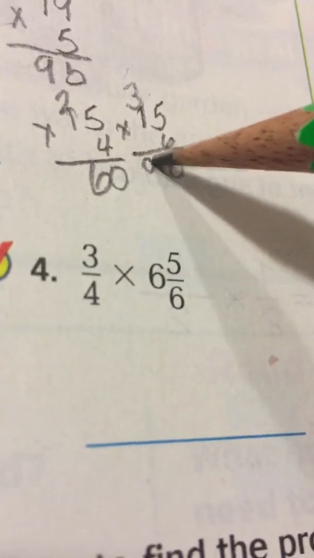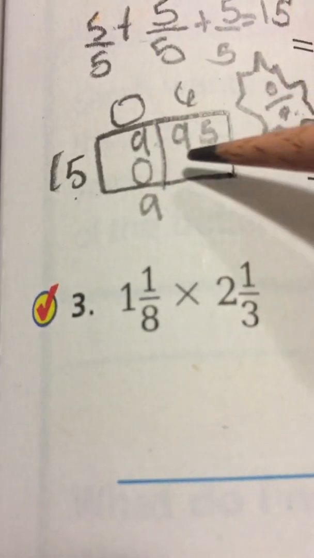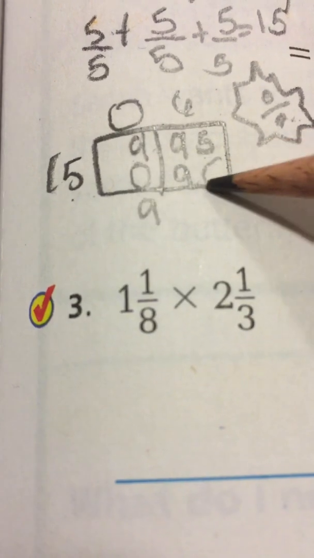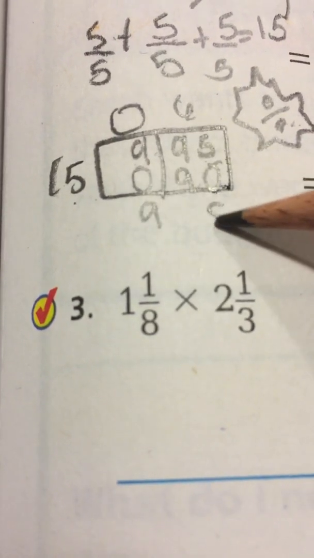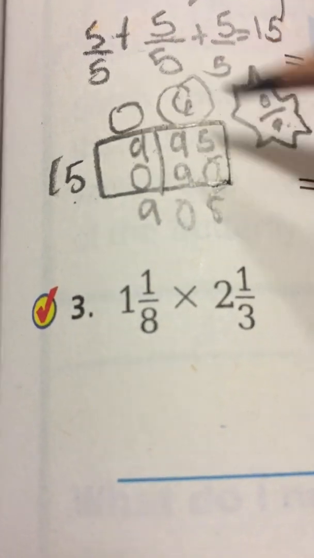5 times 6 is 30. 6 times 1 is 6 plus 3 is 9. 90. So it's going to be 6. 15 times 6 is 90. 5 minus 0 is 5. Our 3 important numbers, go ahead and circle them, are 6,